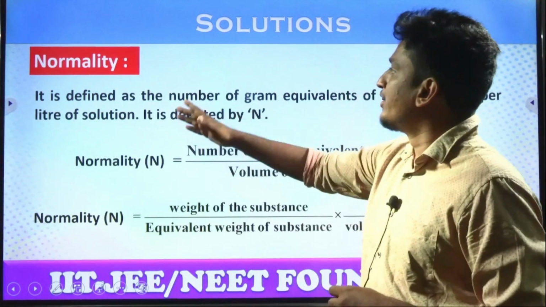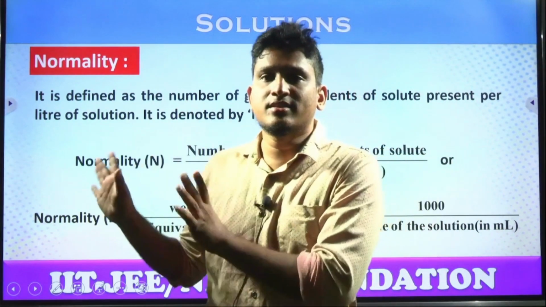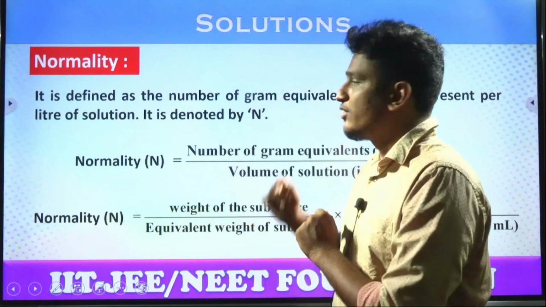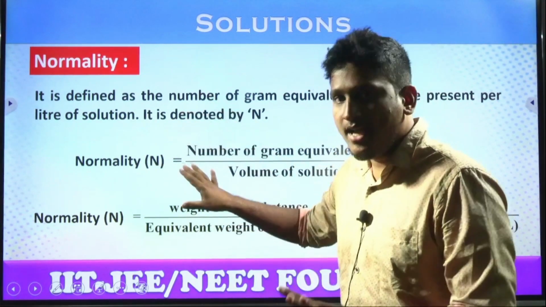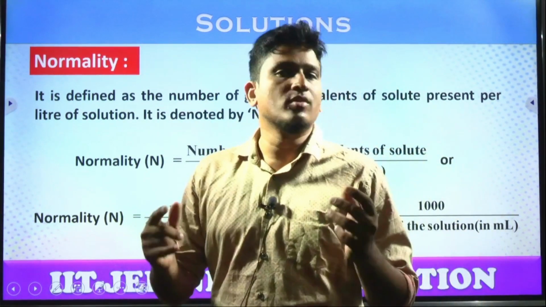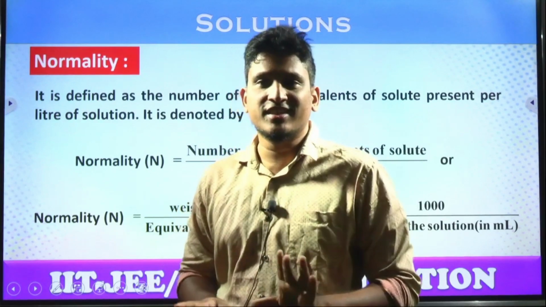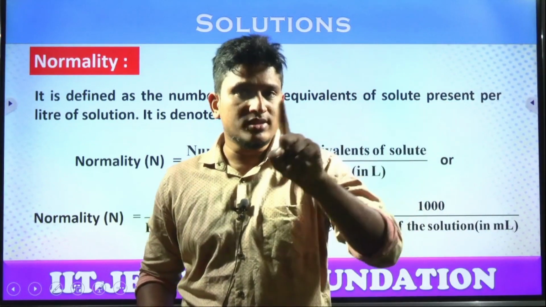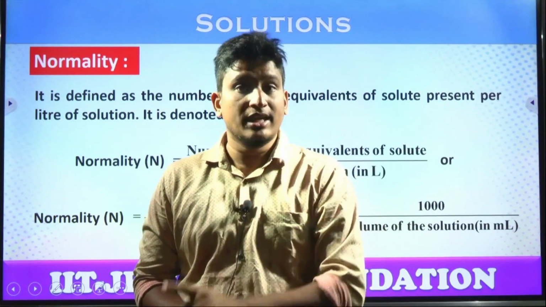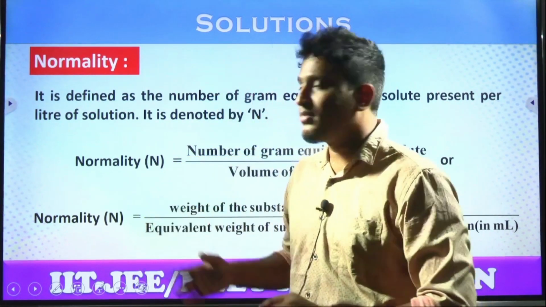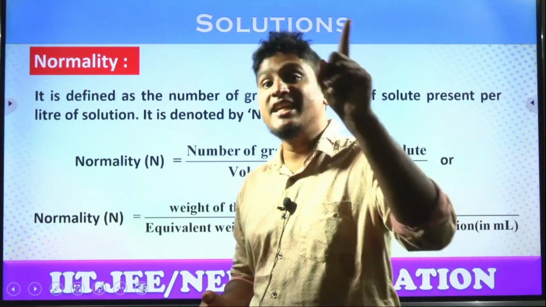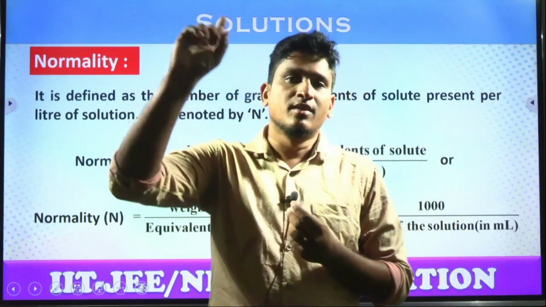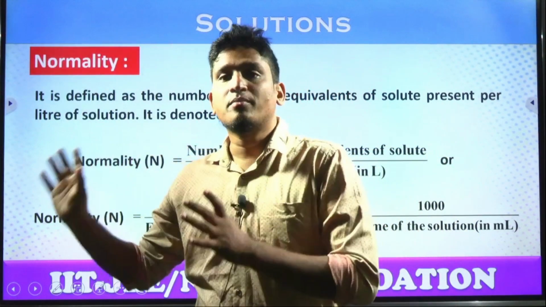So next, normality. For this concentration expression, till now all the discussion is about. Normality is defined similar to molarity, but there is a change. What is the change here? Molarity is the number of moles present in 1 liter of solution. What is normality? Number of gram equivalents present in a liter of solution. That is the difference. Molarity is in terms of number of moles, normality is in terms of